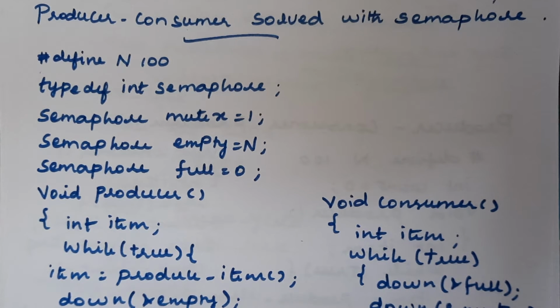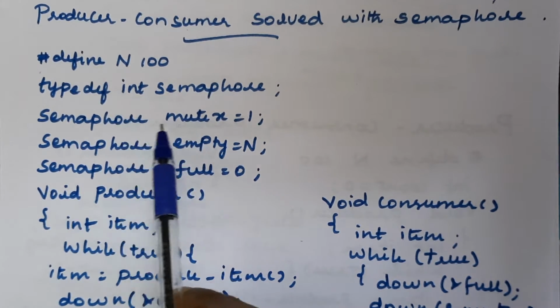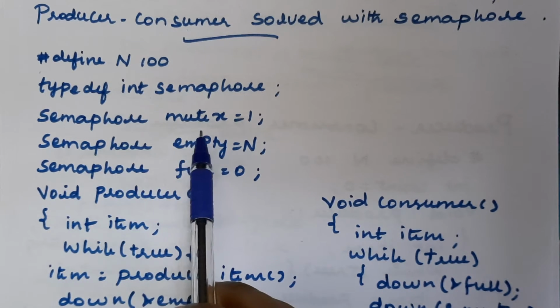There are actually two variations of semaphore: one is binary semaphore and the other is counting semaphore. Based on the values we initialize the semaphore variable with, it belongs to one of these two variations. If you have only 0 or 1, it is said to be a binary semaphore. If you have all integer values, not only 0 and 1, then it is said to be a counting semaphore. Here we have separate code for producer and consumer, and globally we have defined the semaphore variables